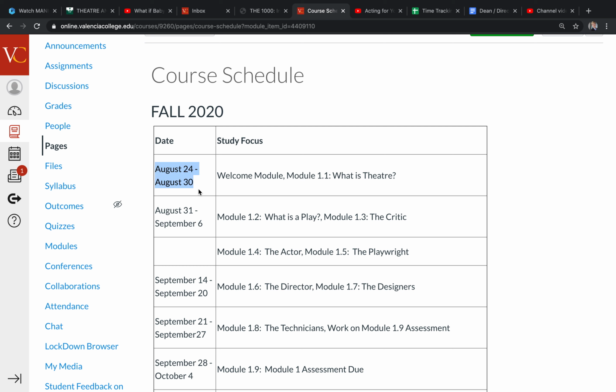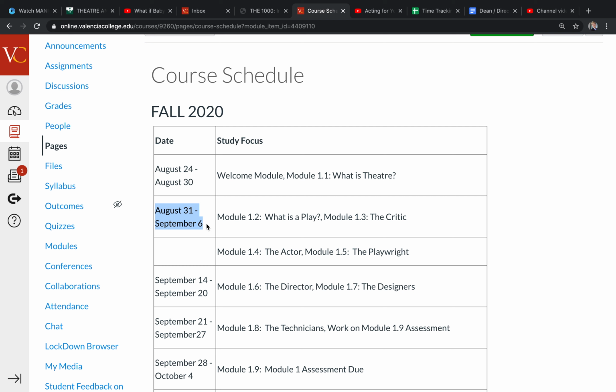So as you're building a module, like if you're building module 1.2, what is a play? We're going to have that module and the assignments in that module due within these dates, the 31st through the 6th. Now, I have learned that it is helpful in an online class to have 2 days a week that things tend to be due. I have arbitrarily selected Thursdays and Sundays.